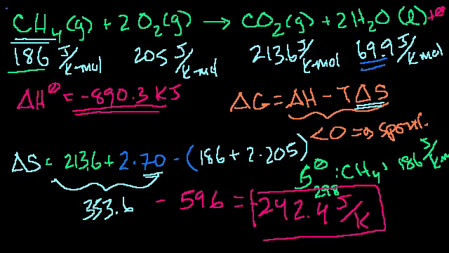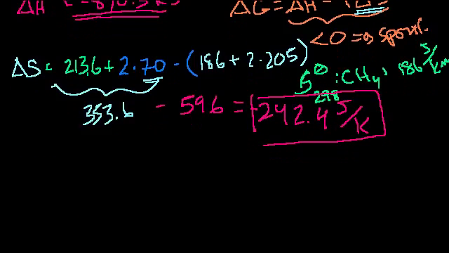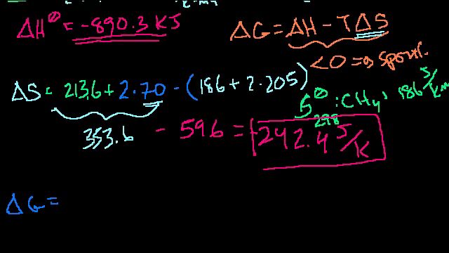But let's figure out whether this reaction is spontaneous. So our delta G is equal to our delta H. We're releasing energy, so it's minus 890. I'll just get rid of the decimals. We don't have to be that precise. Minus our temperature. We're assuming that we're at room temperature at 298 Kelvin. I should get in the habit of not saying degrees when I say Kelvin, which is 25 degrees Celsius, times